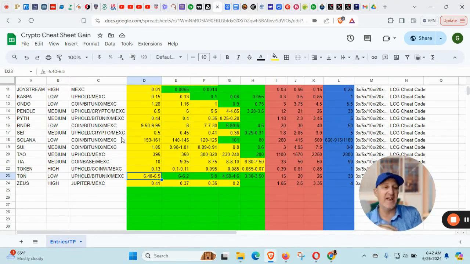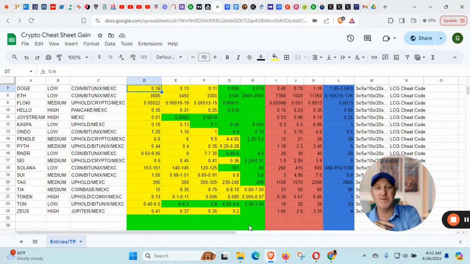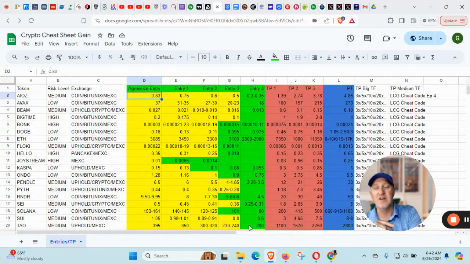Are we ever going to actually see it come back to any of these levels here and get hit? Maybe, maybe not. We'll have a look at the TON chart in a moment. So this is why I do it this way. And I just split up my buys pretty evenly. And of course, sometimes not all the buys get hit and then a coin takes off. Now, if you're seeing this for the first time, you've missed these earlier entries here, and you can put more of your capital on these lower entries here.